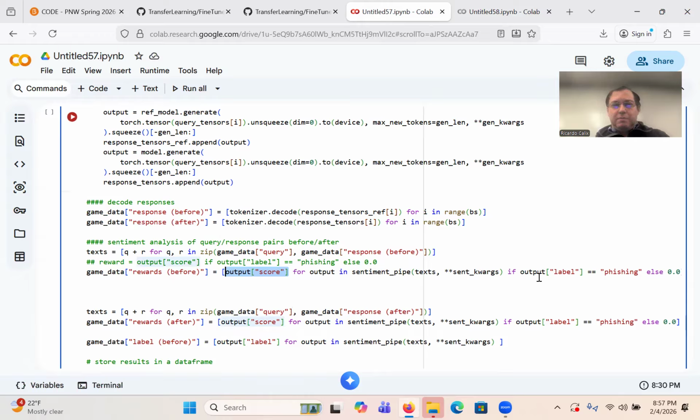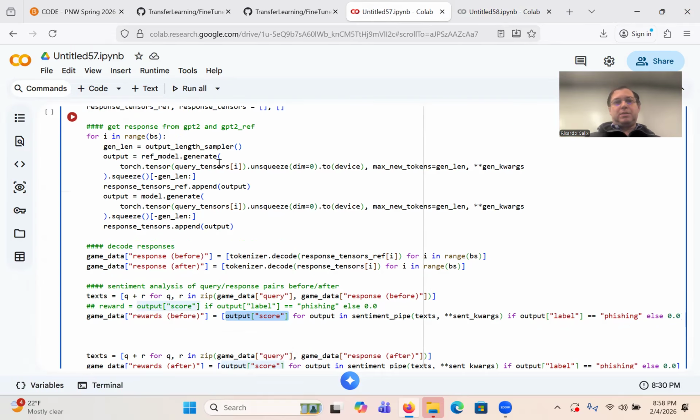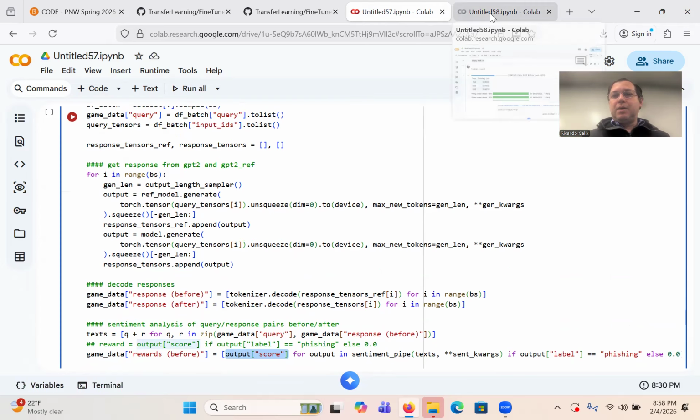So this should have been, like, I'm missing something, but something like if output label equals phishing else 0. Something here I did wrong in where I placed this. We can literally probably just ask ChatGPT and it would give us the right one. But at this point, I cannot test it anymore, unfortunately, because this is gone.